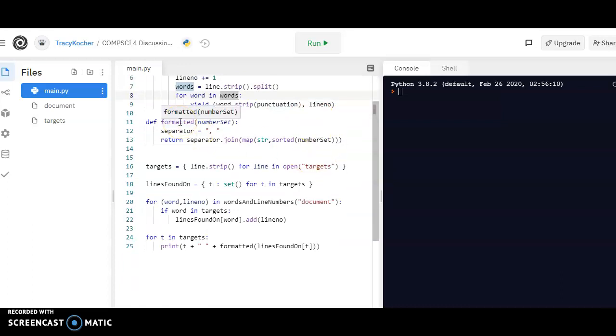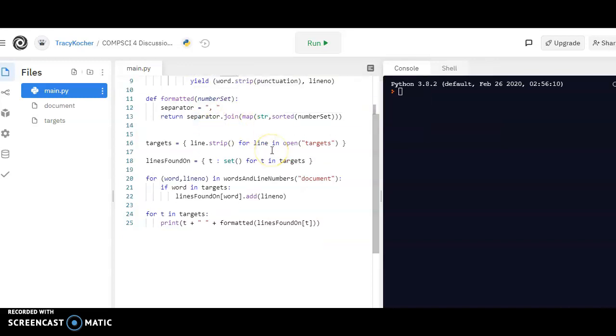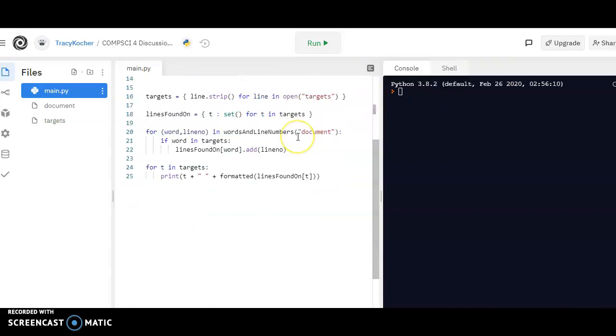So then there's a formatted thing that's just going to take this number set, strip them, and sort them in the right order. And so that's what we're doing with this one. Okay, so targets is you're going to open a targets file, find those words, and then strip those so you know what they are. And then for lines found on, it's going to take each of the targets and find those. So for word and line number in that function that was written earlier, we're providing